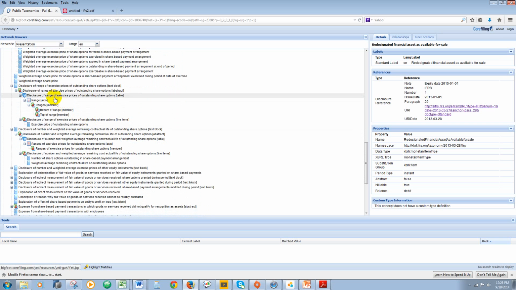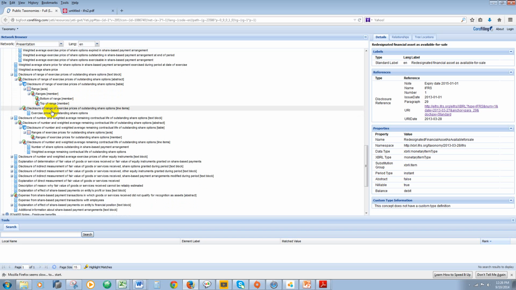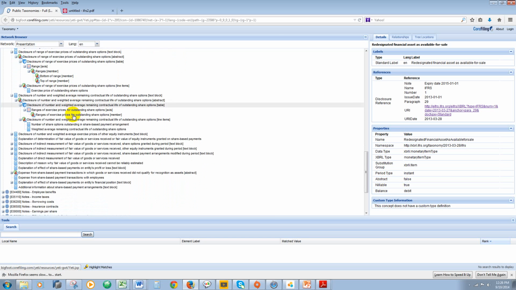And then there is another table, disclosure of range of exercise prices of outstanding share options table, and we find a range axis, and range is member, bottom of range and top of range member. And then we have the line items, exercise price of outstanding share options, and there is one more table,